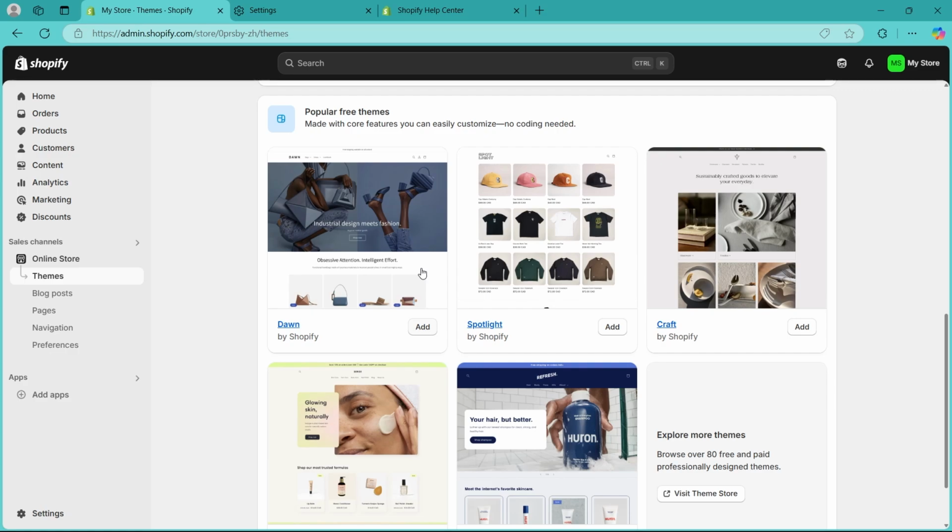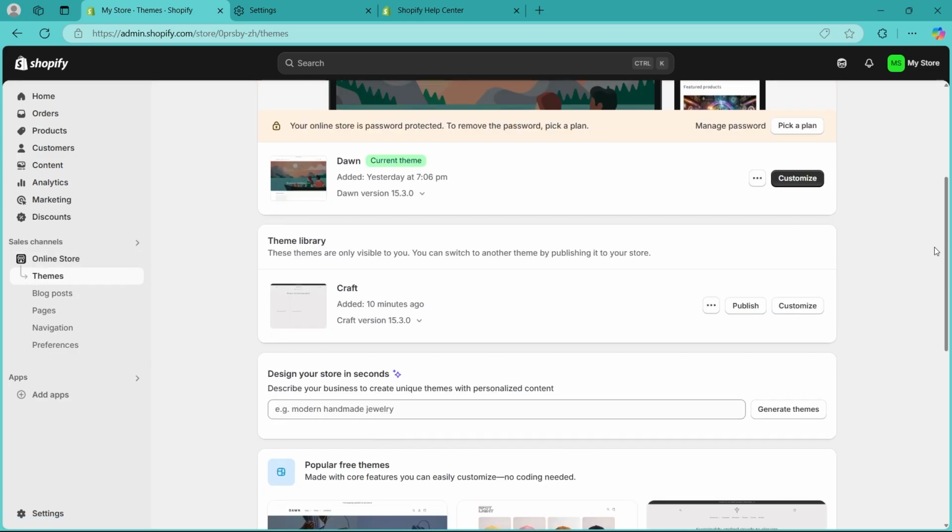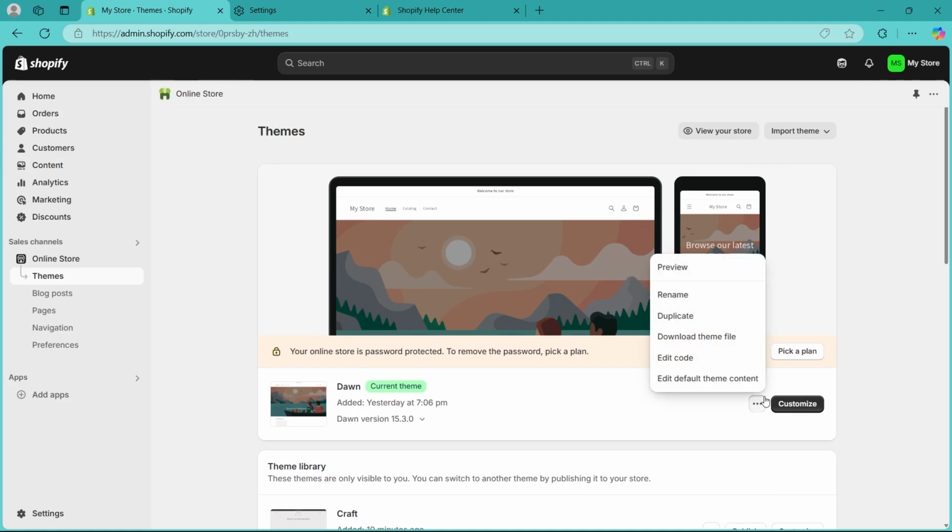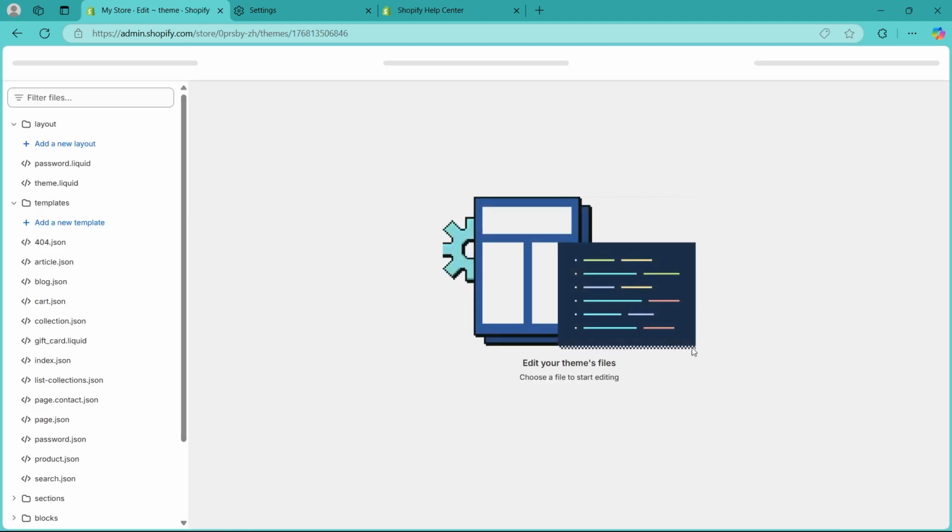Now, the third way to fix this problem is reinstalling the search bar code for custom themes. Navigate to your Online Store, navigate to Themes, navigate to Actions, then click on the three-dotted icon after Dawn or your current theme, then click on Edit code. Now, open header.liquid. So go to the search bar here and type in